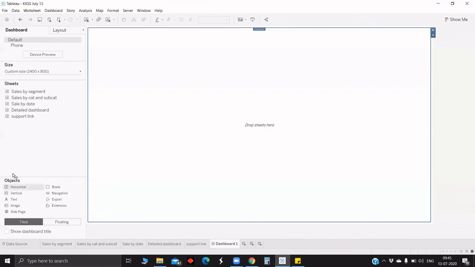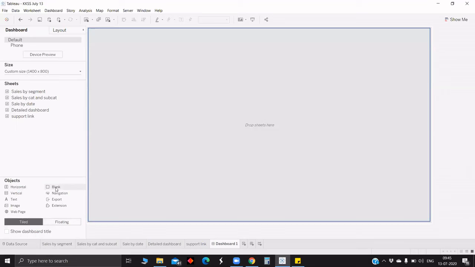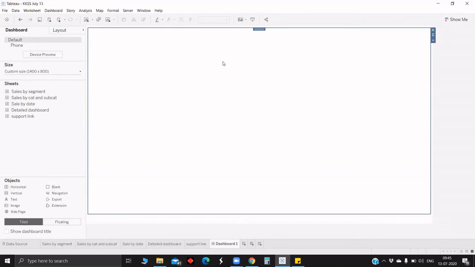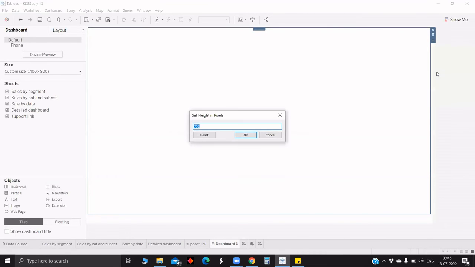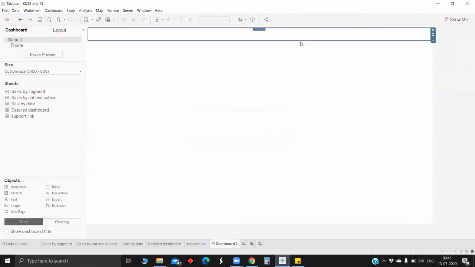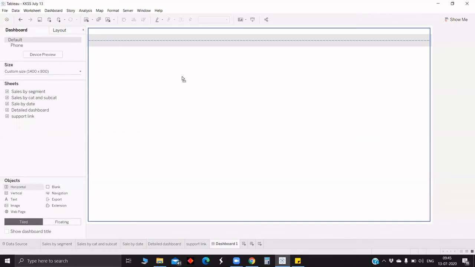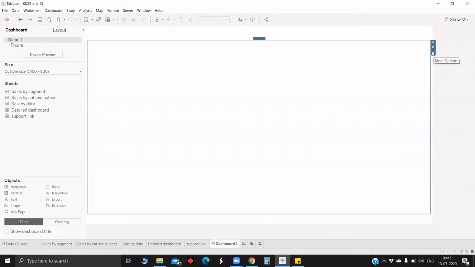Next, generally we will go with the blank. First we will put the blank, then we will go with the horizontal. In this case we can adjust the height between the sheets. So edit height. If you give 50, mostly we use this 50 for the title block of the dashboard and logo. Next we will pull two more so that we can put the sheets.